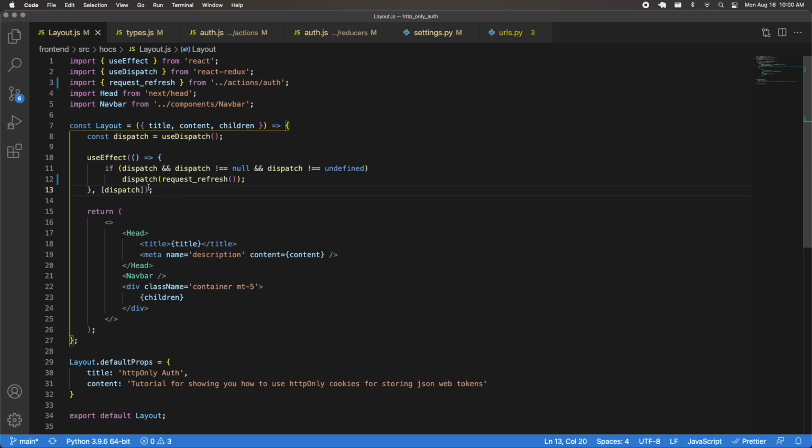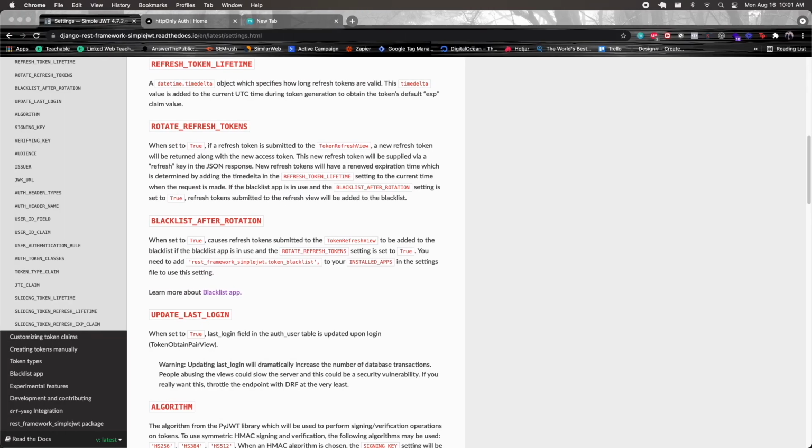Although I just want to point out that you probably wouldn't do something like this in a real application. You probably want to hit this kind of endpoint only on very important pages. Let's say if you had some kind of checkout page, you'd maybe want to make this request for a new refresh and access token. But again, I just want to show how you work with these different endpoints. So in terms of how you'd use this in a real application is really up to you. But now that we have this logic implemented, let's now see it in action and make sure that everything now